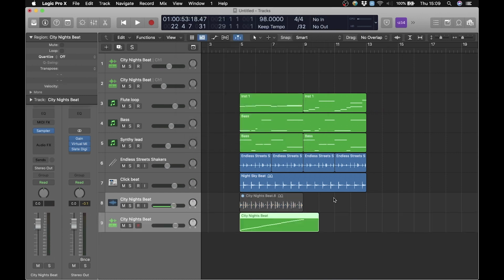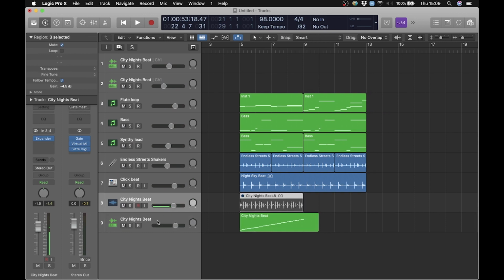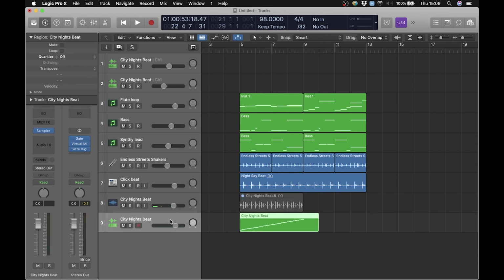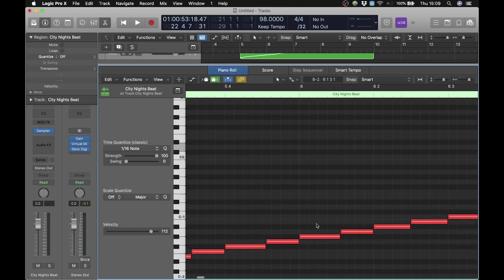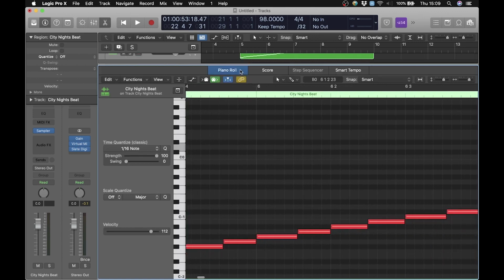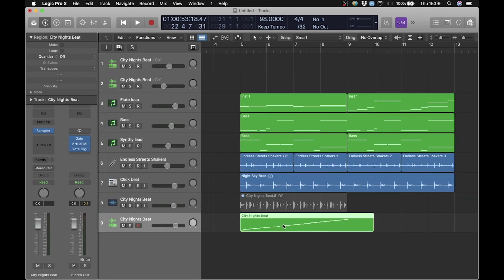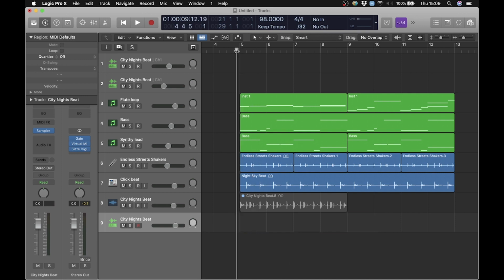Click OK, and what it's done here is it's muted the audio channel here, and underneath is a software instrument track with all of the beat. And to show you where it's chopped it up, it programs all the MIDI notes in here on your piano roll, and these are all the different samples, but we don't actually need that, so I'm going to click delete. And if I go to my keyboard now and press different notes,